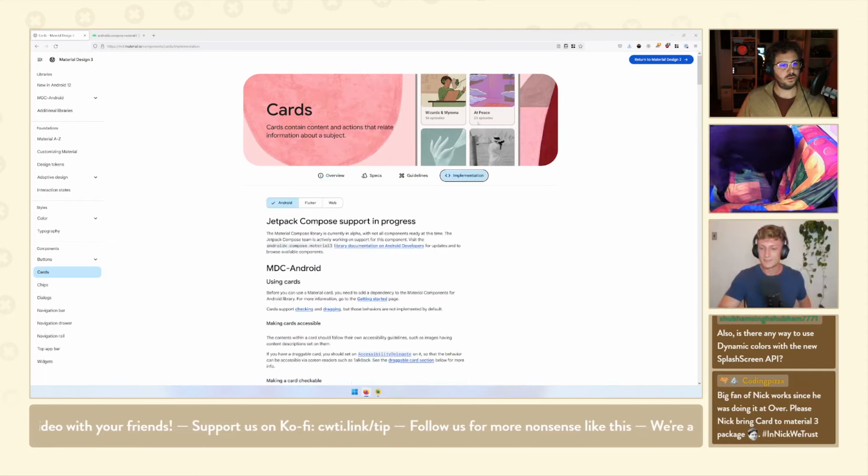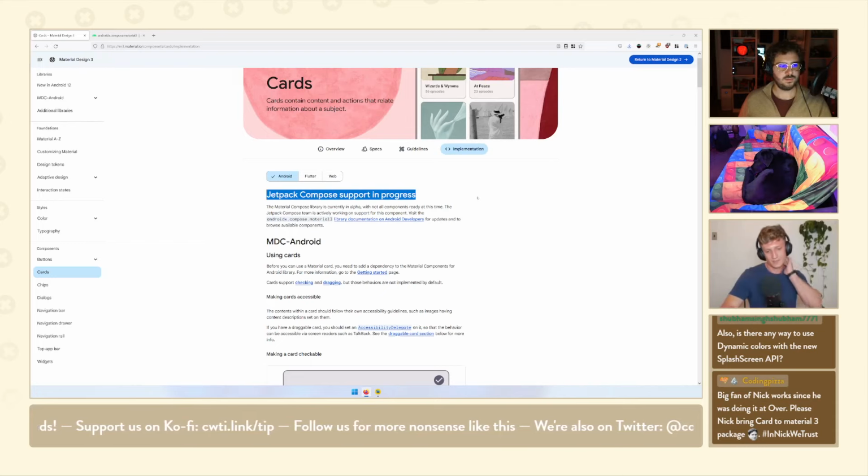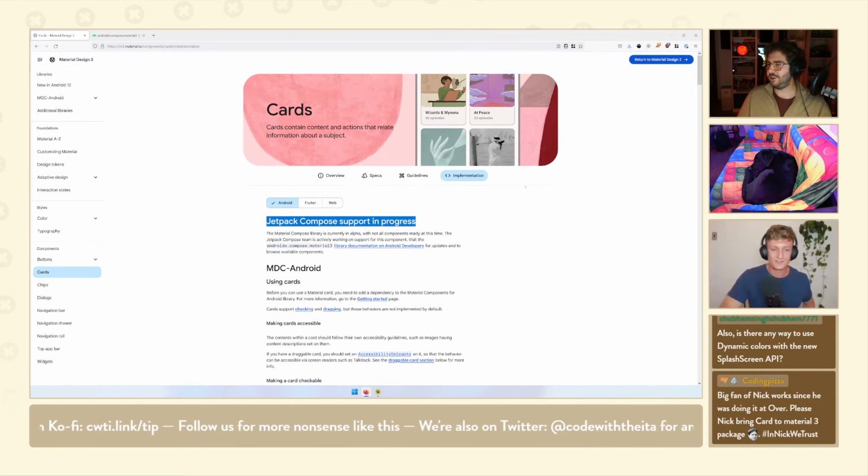And I guess you can also always go to the implementation tab on the Material 3 website, which does say it's in progress. So at some point, you'll get it, because there was Coding Pizza asking in the chat,